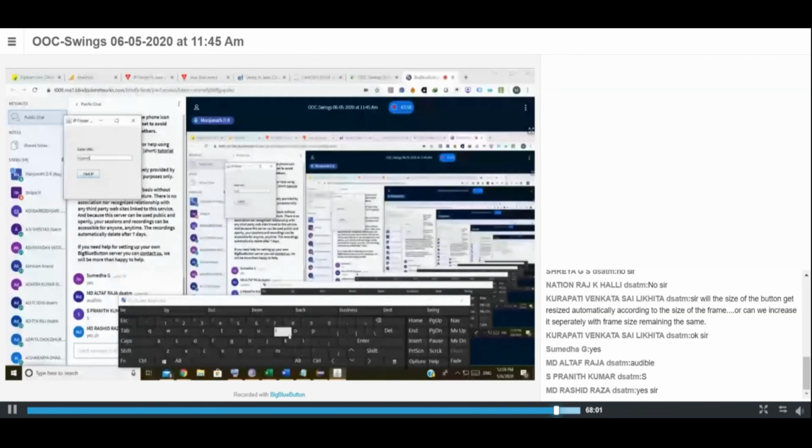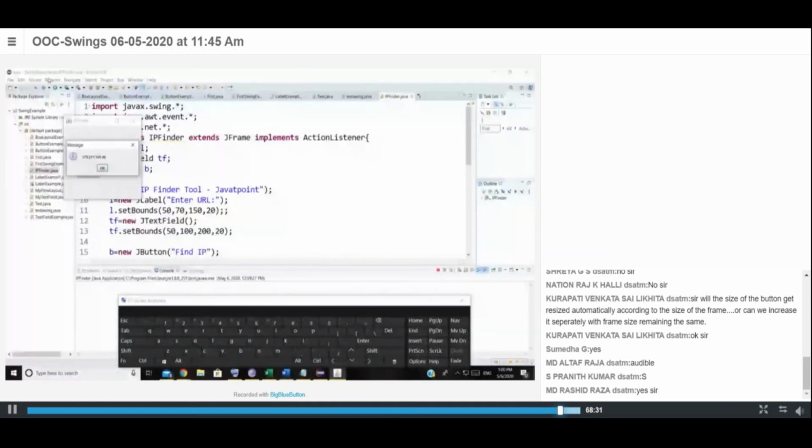See, in the text box we have our IP address; whatever the IP address of our site, it is going to display here. Like that we can find it for other sites also, like google.com. The IP of Google.com is 172.217.166.46, etc. That's all for today.